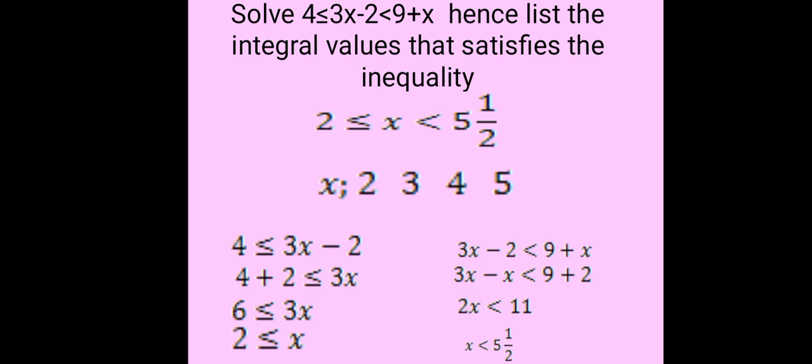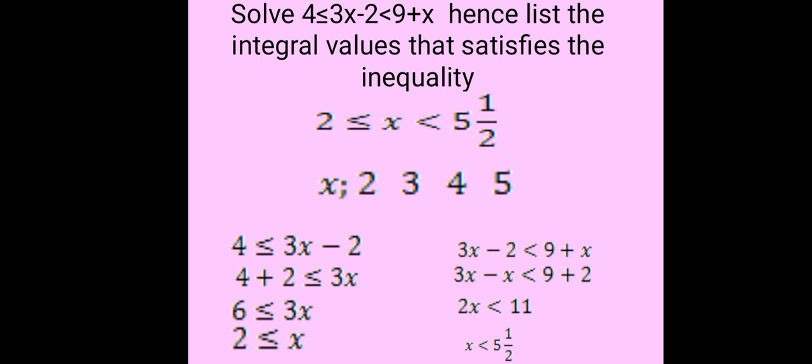The other part I found that x is less than 5.5. Now writing as one, we have x is greater or equal to 2, and x is less than 5.5. Now the value that satisfies that